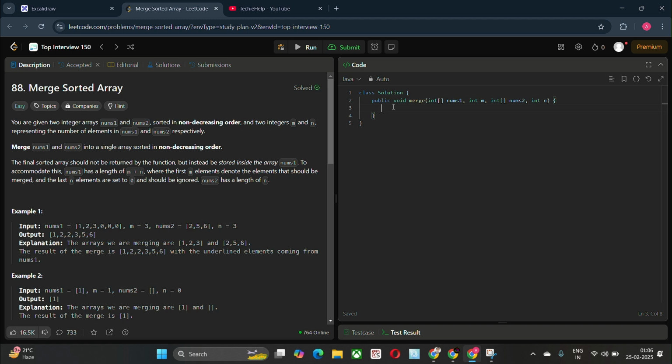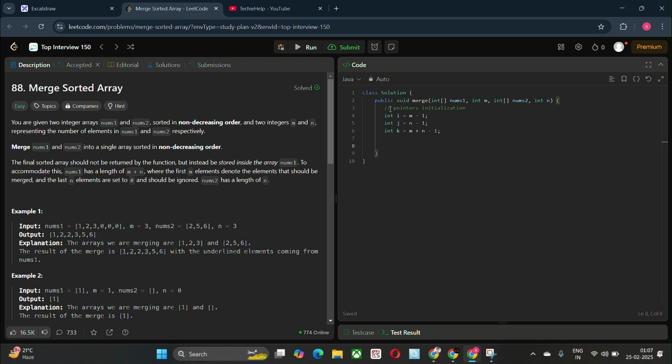So we first initialize the pointers. Int i is equal to m minus 1, int j is equal to n minus 1, and int k is equal to m plus n minus 1.